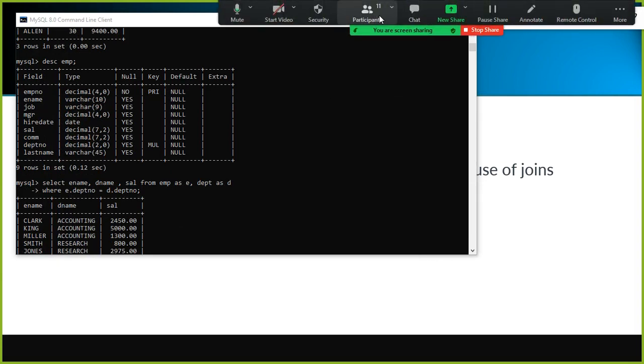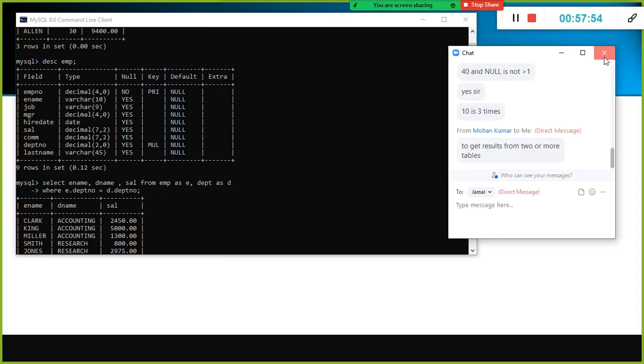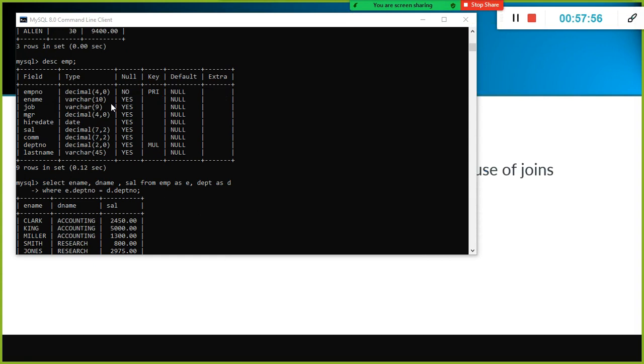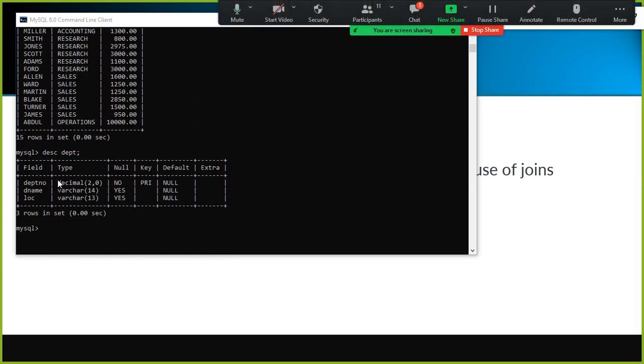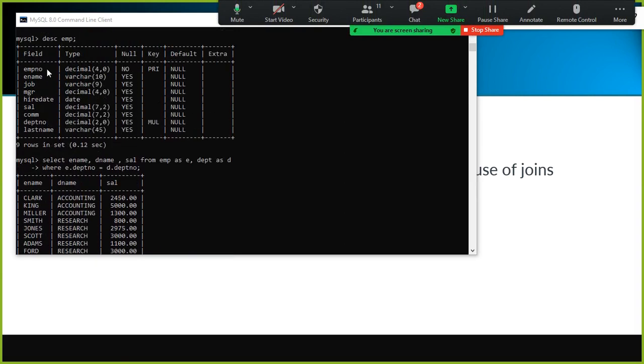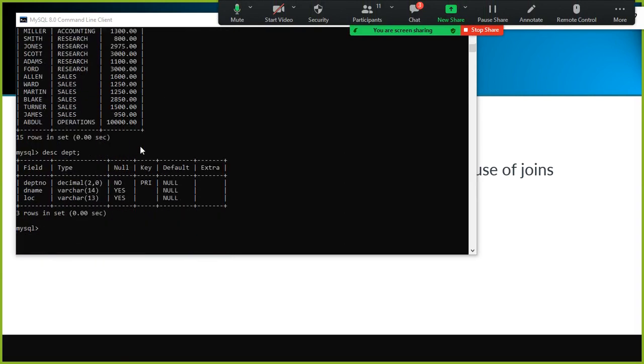Or anyone, Arun Kumar or Karthik. E-name, salary. No, common. Listen very carefully. What columns are common between the employee and department table? So here D name, location is not there, right? It is not common between these two tables.